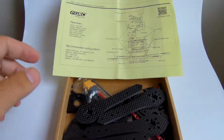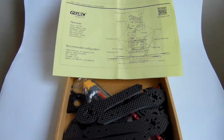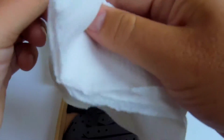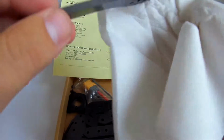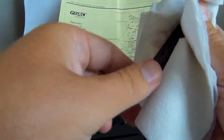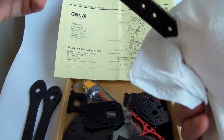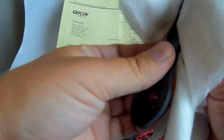As you could see in my previous pictures, I received everything nicely packed. I just put it in the box after unpacking, and now I'm going to do some basic stuff, like check whether there's any residual carbon fiber. It doesn't seem to be there very much, but it's still good practice to at least wipe it, if not wash, which is even better. Okay, so